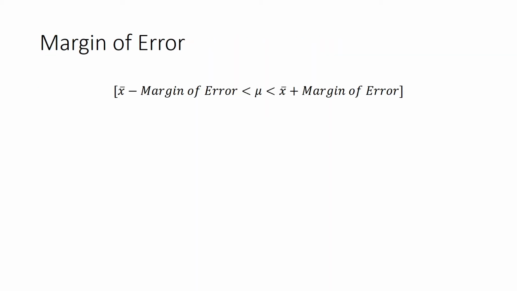So this is the margin of error that we covered in the last video. The sample mean x bar minus the margin of error is always less than mu, my population mean, which is also less than x bar plus the margin of error. So this is the formula. Now let us break the formula into distinct pieces, because last time what I covered was pretty theoretical, and now I want to give you the practical aspect, putting everything we have learned till now into practice.